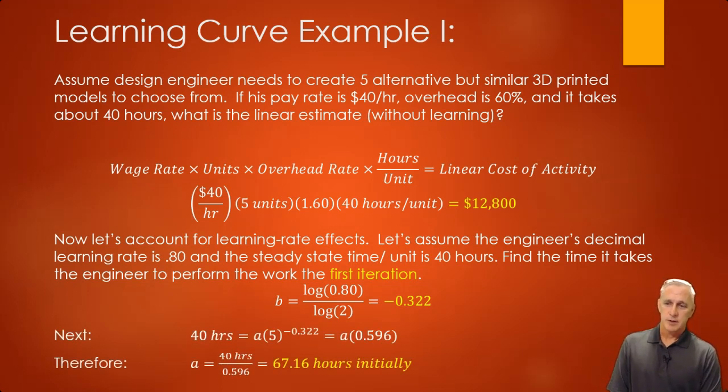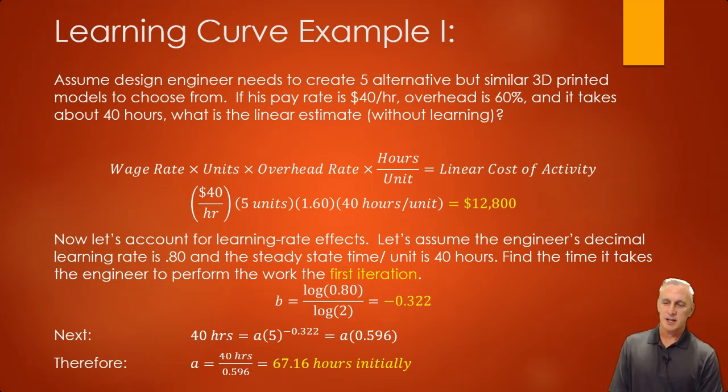And 40 hours was the time it took him to do the first time. So we can actually calculate, actually 40 hours was the time it took them to do the 5th alternative. I always take this problem wrong. So that's the time it took to get the 5th alternative. So we actually have to back calculate the time it took them to do the 1st alternative, which is kind of weird. That isn't normal. You'd normally know the first time and then you're trying to calculate the 5th time, not the other way around. But that's fine. It's an example.